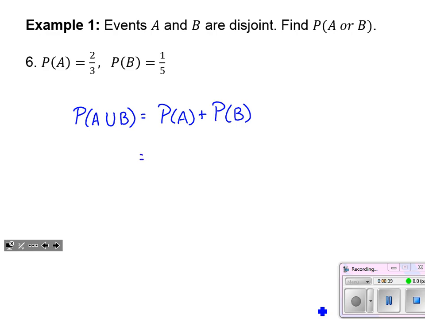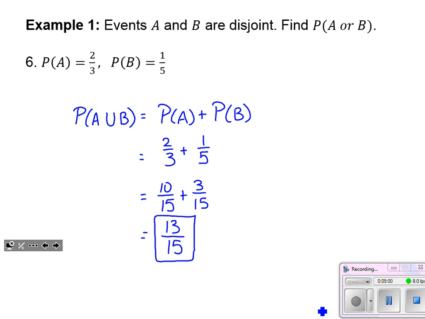So the probability of A or B is simply 2/3 plus 1/5. We know the probability of each event, and we add those up. We're going to use some common denominators. This would be 10/15, and the 1/5 would be 3/15. So we get 13/15 for a probability. Okay, and it is still a probability that we are finding, so we want to make sure that our answer is not less than 0 or greater than 1, and sure enough, 13/15 perfectly falls within that window, so our answer is viable.